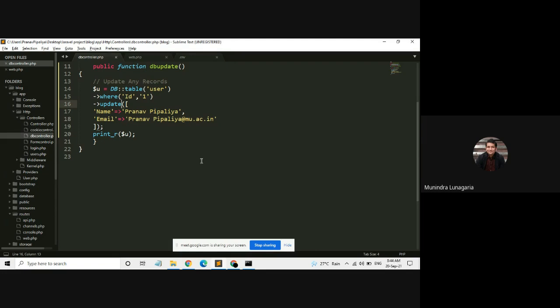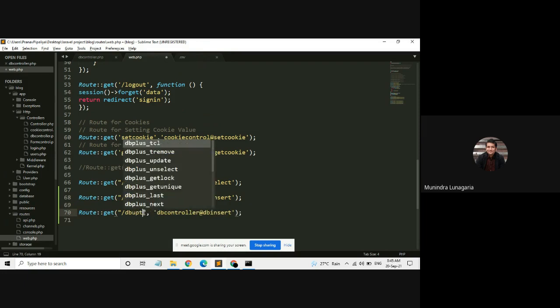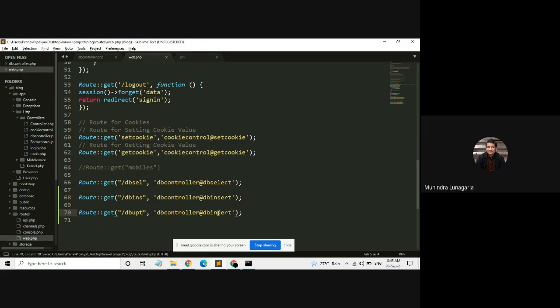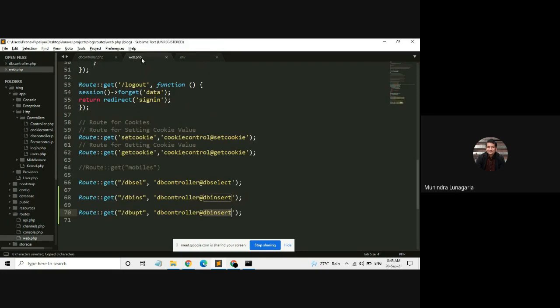Now we also need to write the route. Go to web.php, copy this, paste, route get dbupt, database update, and the function DBController at dbupdate.